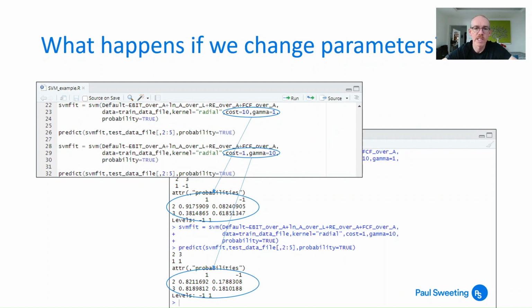What happens if you start changing the parameters? So you can either have, say, cost of 10 and gamma of 1, cost of 1, gamma equals 10. What does that do? Well, the first one, it doesn't seem to affect the first firm very much, but the ability to predict the second firm has got much worse. And if you go for a cost of 1, gamma of 10, well, there you've got materially worse ability to predict the first one being solvent, and it gets it completely wrong on the second firm. So you can see there that changing those two parameters does have quite a significant impact,